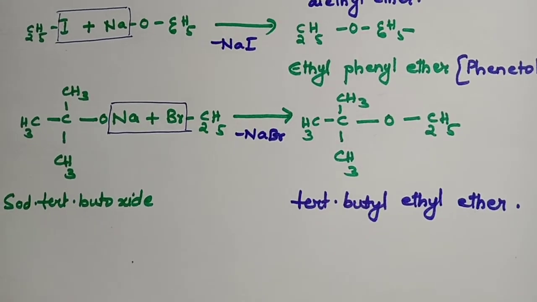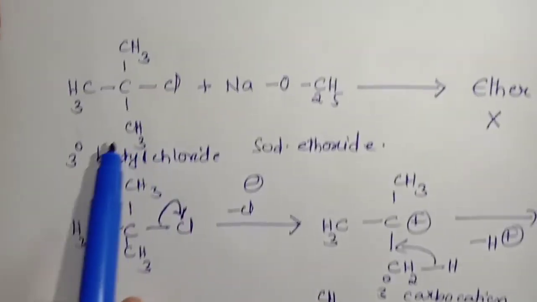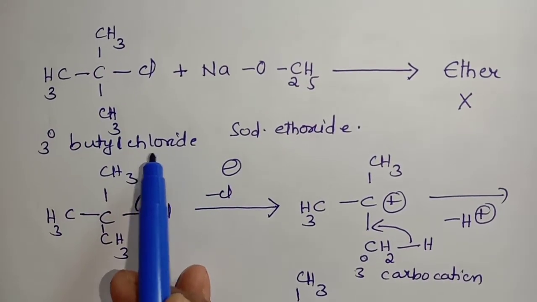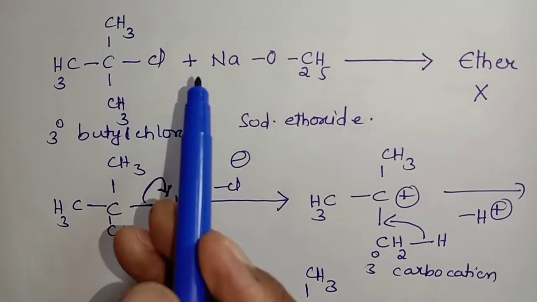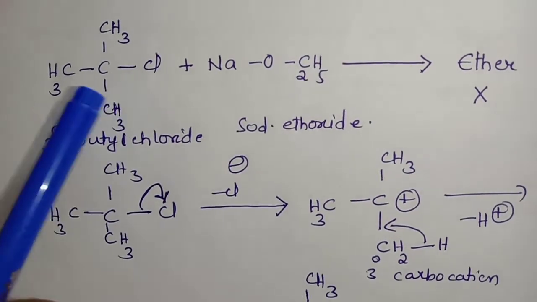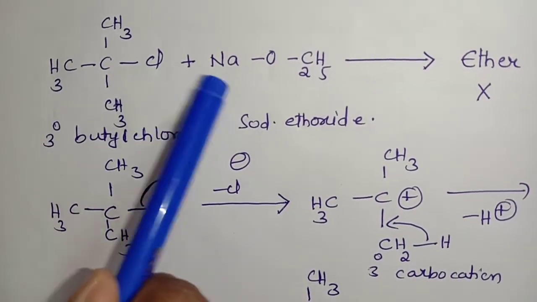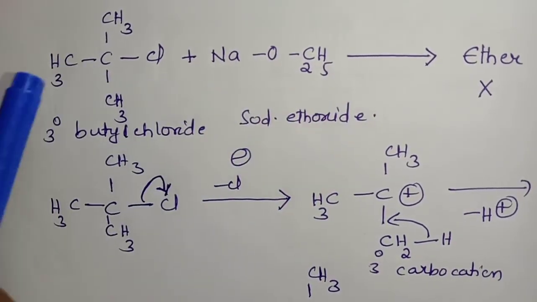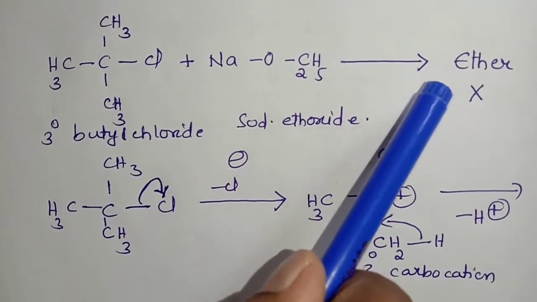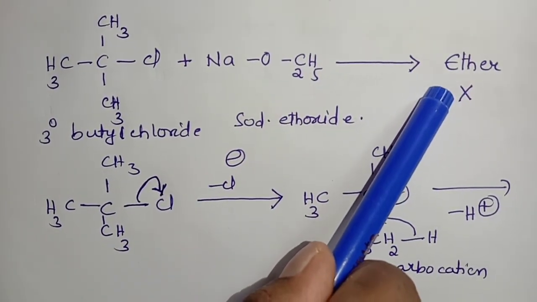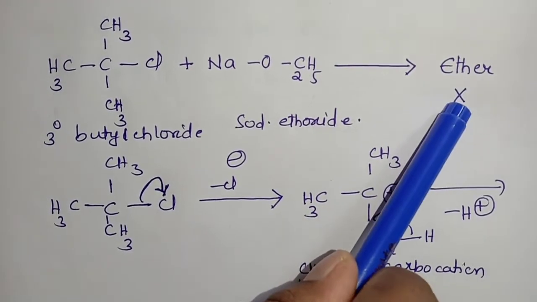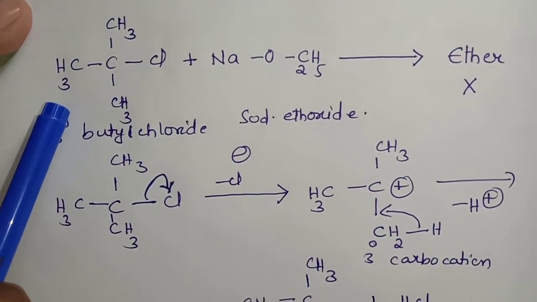The reason here is, so look here, I have written the reaction. This is tertiary butyl chloride, okay, or tertiary alkyl halide plus sodium ethoxide. So when these two are heated, what do you generally think? According to Williamson synthesis, this Cl and Na comes out as NaCl and forms this tertiary butyl group O and ethyl group. That means an ether should be formed over here. Okay, but we are not getting an ether here. Before formation of the ether, this converts into an alkene.